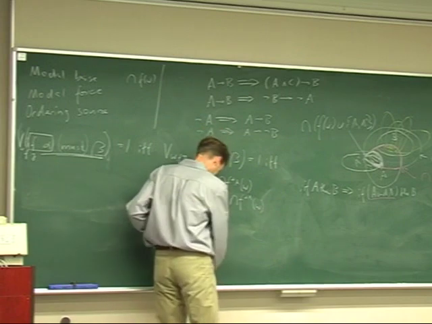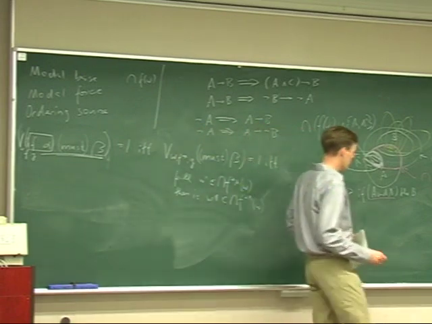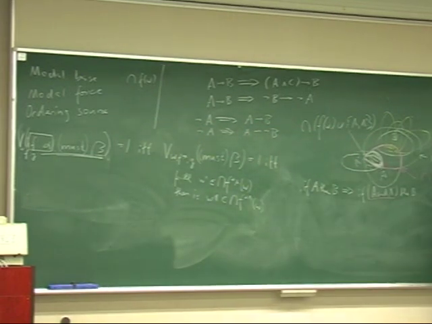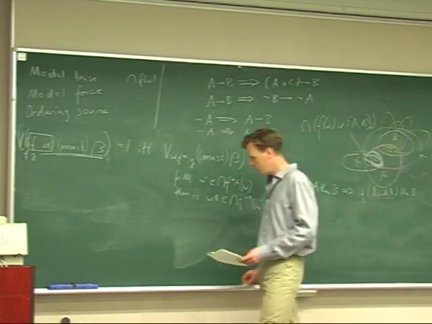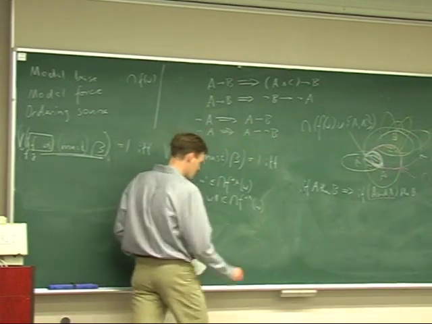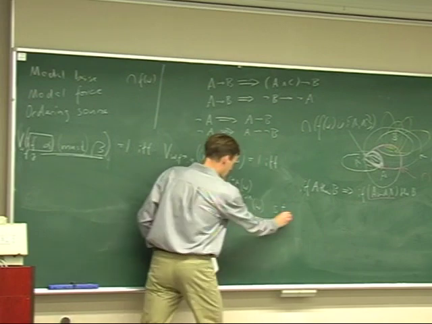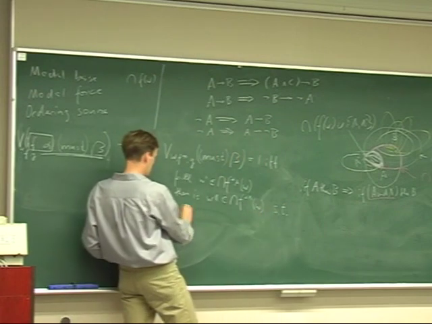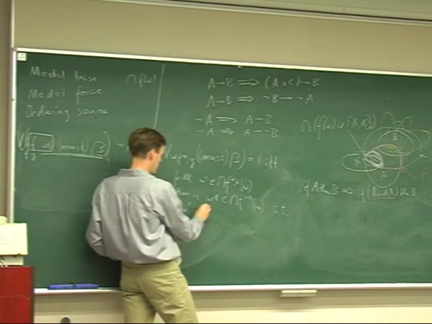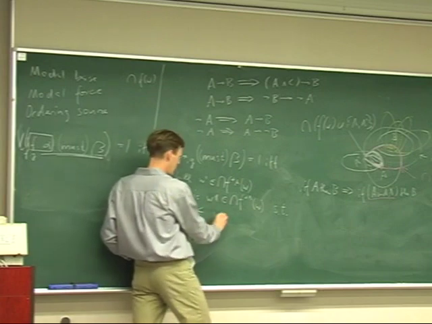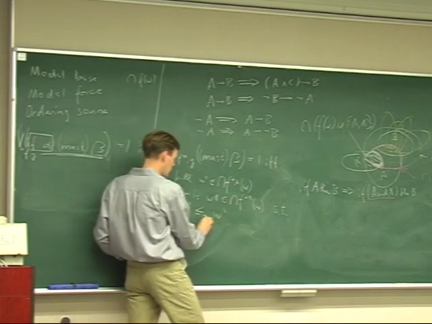And just to make this clear, that's the same as saying this. It's just a different notation for this, right? So this is in fact also F plus A of W. So there's that, such that W double prime is at least as good as W prime relative to the ordering source,